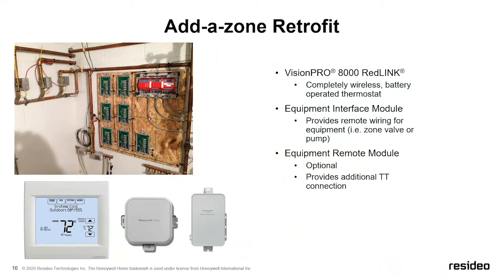Let's say there's zone valves out in the remote areas, or you're using manifold actuators instead of zone valves, and you have to go wireless with all of it. That has come up. It comes up not as often as the previous example, but what you can do with this thermostat is, assuming you can get power to where the zone valve is, which you're going to have power